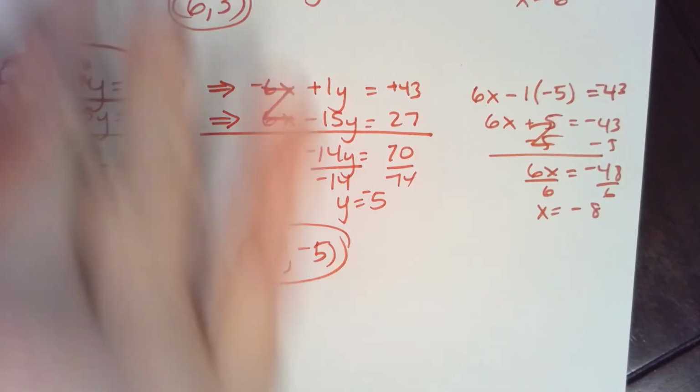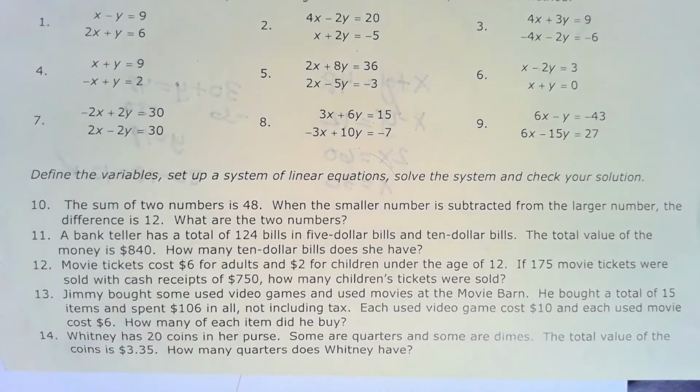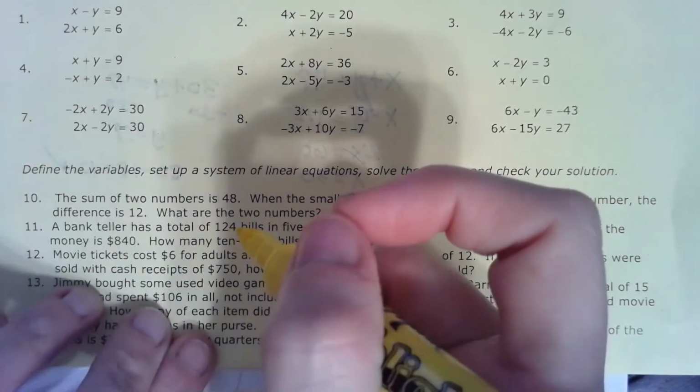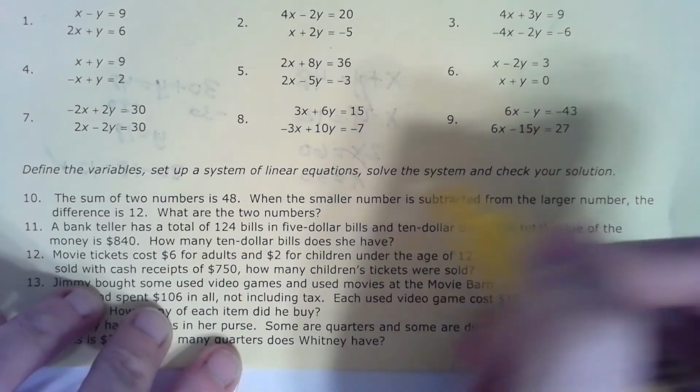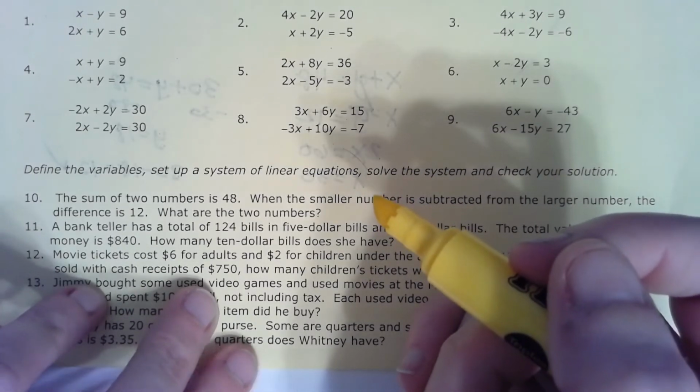Okay, now let's take a look at these word problems, because word problems are a little bit tricky. I've had a lot of people asking me about this. So using our ruler strategy, we're going to start by highlighting. We're going to read, and while we read, we're going to underline or highlight. I like to highlight, but if you want to underline, that's totally fine as long as you're finding